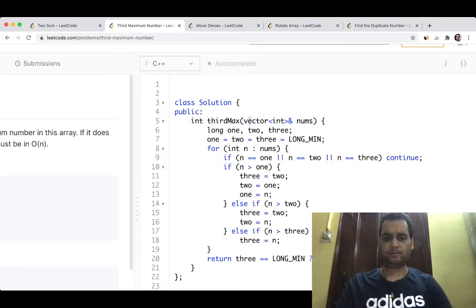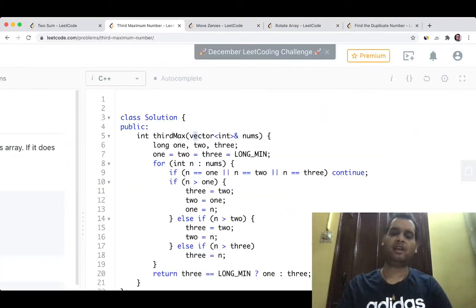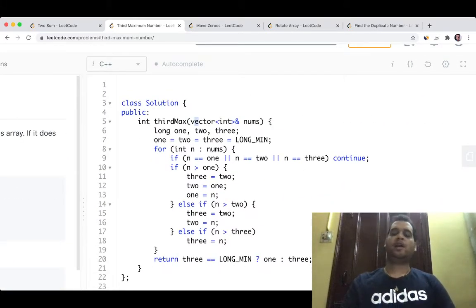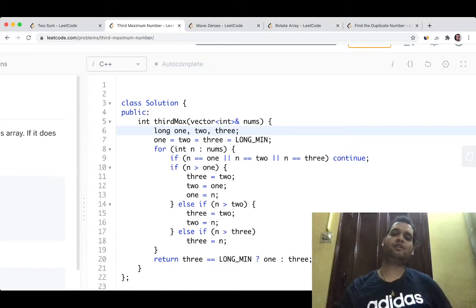Okay, as you can see, the range is not given, but if you run this question, there is one test case which gives the minimum value of int, so that won't work. That's why we have taken one, two, three as long, so that we are able to tackle that condition as well. I suggest you run it with just int, and when you submit you will see that test case, but that will add an error in your profile, so please don't do that, but you can just look at it. That's why we have taken long, to cover the largest negative value of an integer.